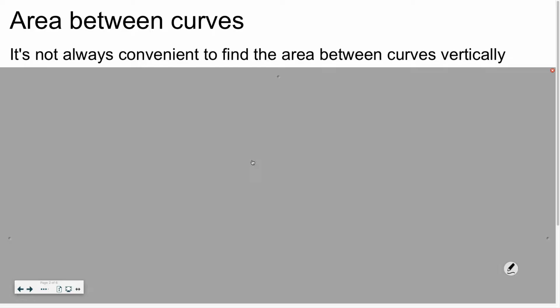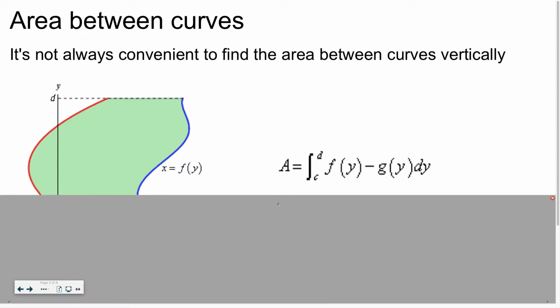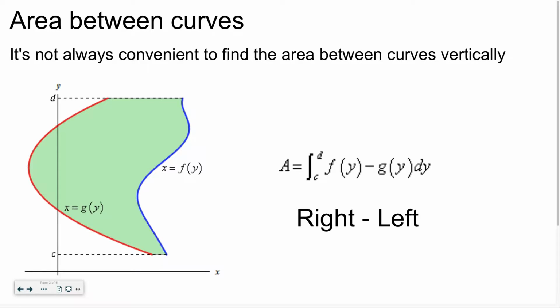Okay, so it is not always convenient for us to find those. However, what we can do is create rectangles that are horizontal, but this means they would have thickness dy. And the height of said rectangles would then have to be stretching horizontally. If we take that same concept of top function minus bottom function, but now we're turning it sideways,